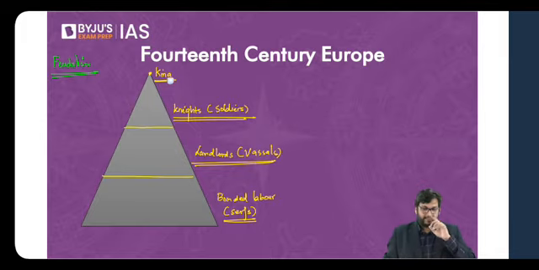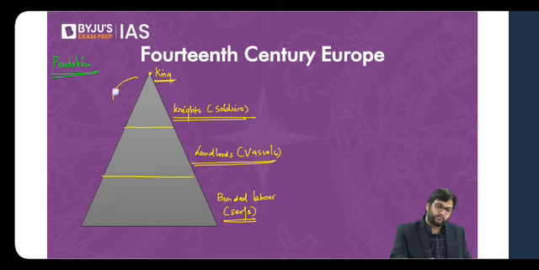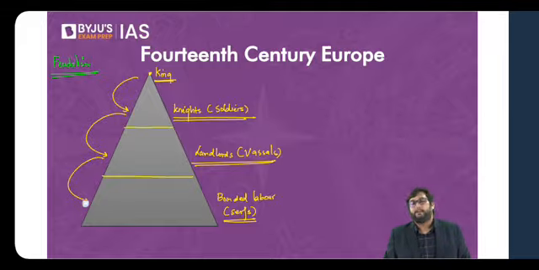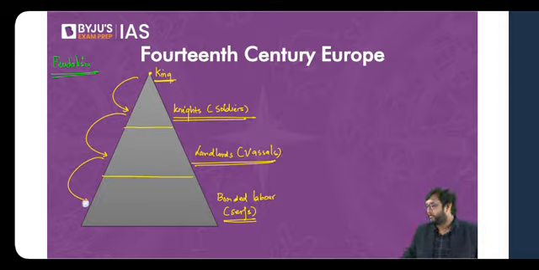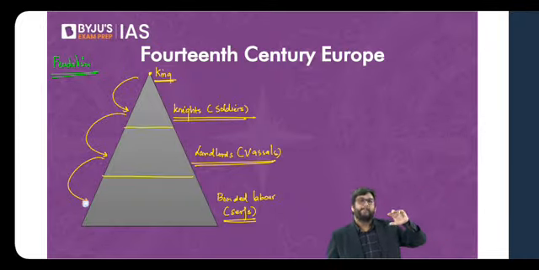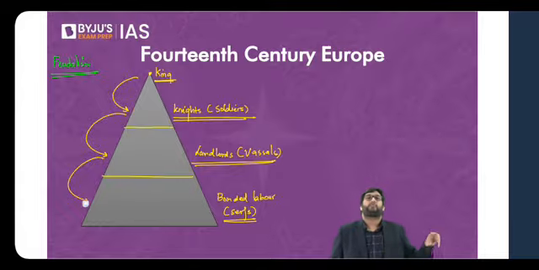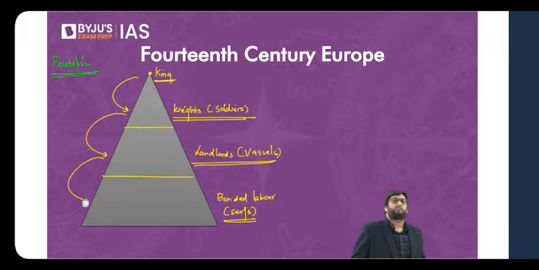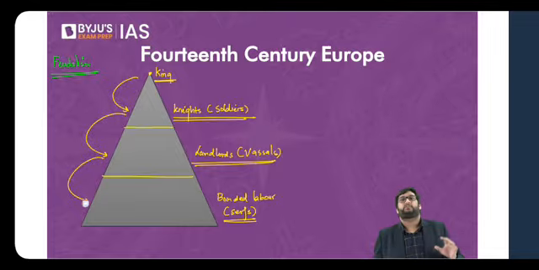So basically, the society was hierarchical, and the king used to control the knights, the knights used to control the vassals, and the vassals used to control bonded labor. This is called a decentralized model of control, wherein the king does not control the people directly; he rather controls the soldiers, the soldiers control the landlords, and the landlords control the basic unit of labor, which is serfs.